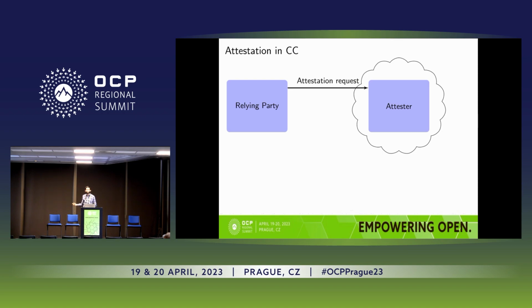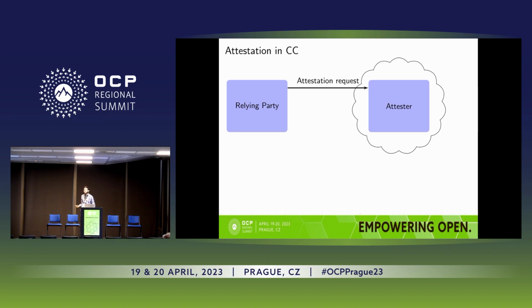Under this trust model, how do I still provide the security guarantees that my workload and my data are protected? The whole stack here is called the attester, which consists of the hardware, software, and firmware, all the layers of the stack.